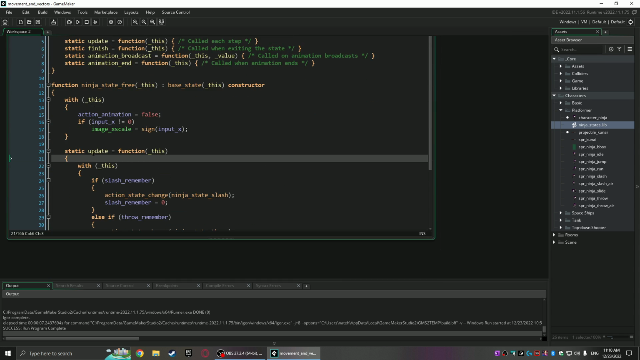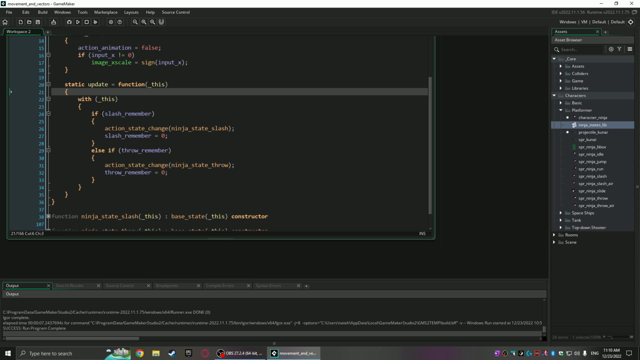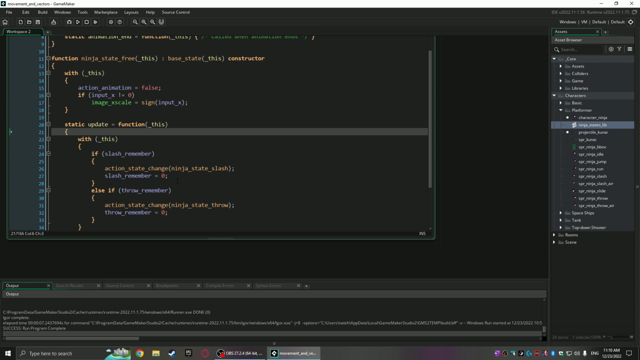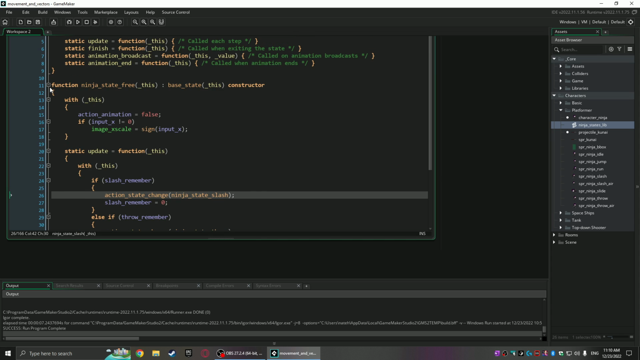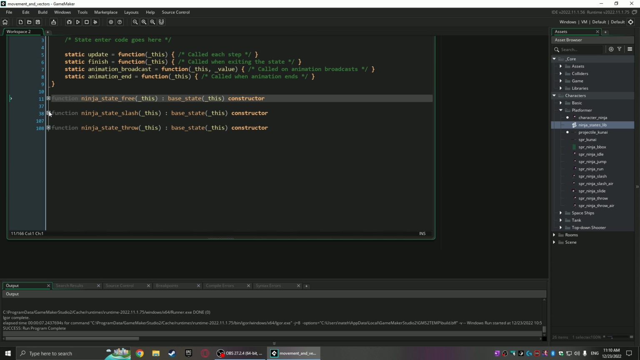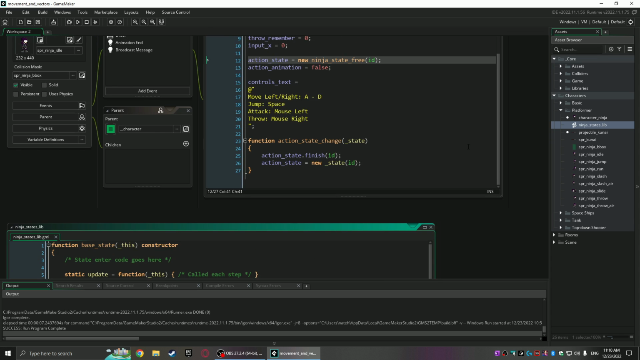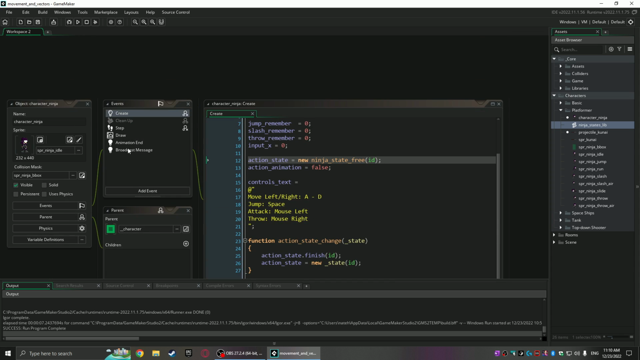And then the struct has an update function, which is called, and then it does these button presses to change the state. So action state change to slash or throw. A really great way of doing states is concurrent states like this. Let's look at the way it handles those action states for throwing the ninjas or the kunai